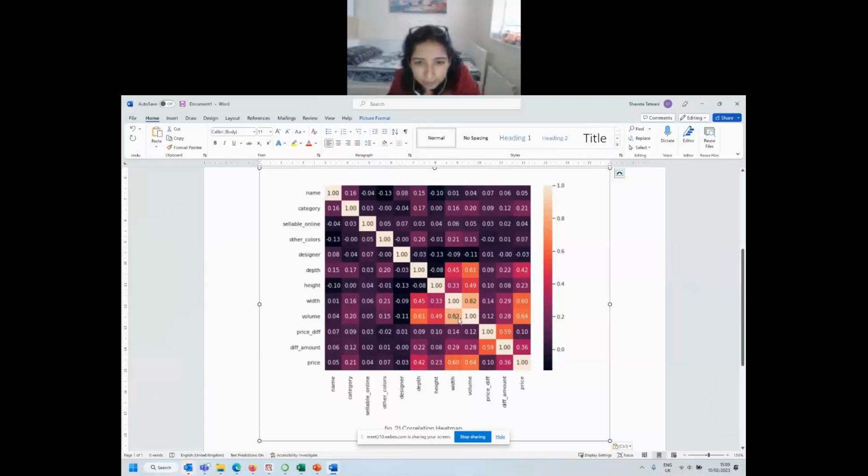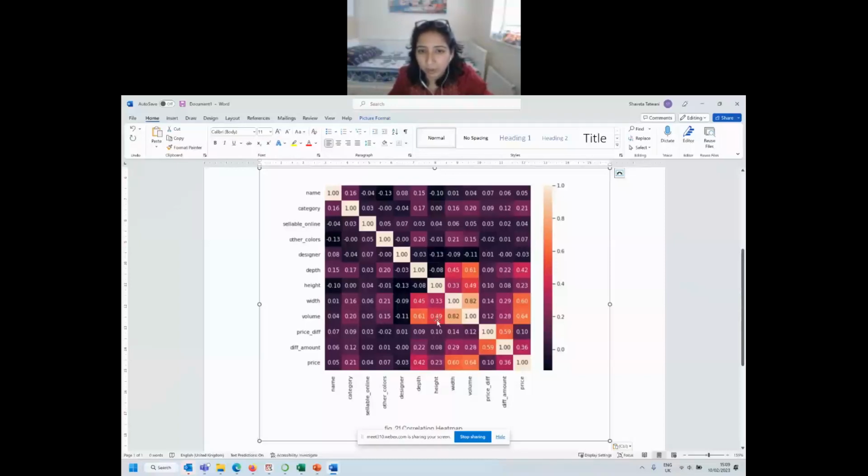This is the width. So width to volume, if width is increasing, then volume is also increasing. This means that if height is increasing, then volume is not increasing as much, because generally, with how a product is packed, if width is high, then volume will be more, right? But height, because it's generally folded, doesn't have so much impact on the